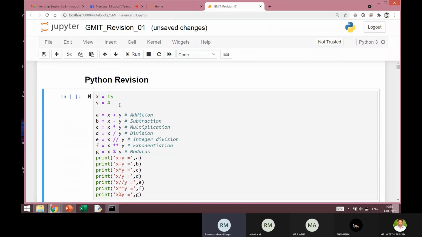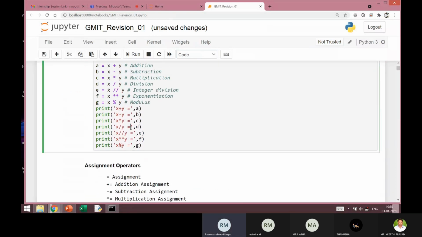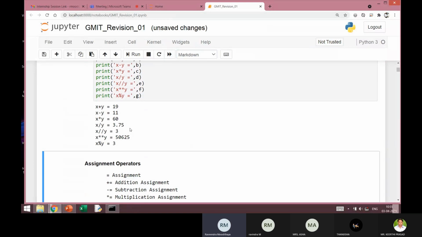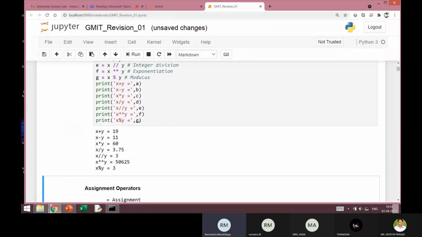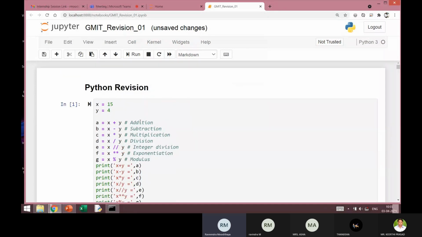I can see what all commands I have executed. I can also see the output, because I have executed them. You can see the output. So this gives me a good document for me to refer to at a later point of time. There's a reason why this gives you a good learning experience as well. It provides you the documentation alongside very easily.